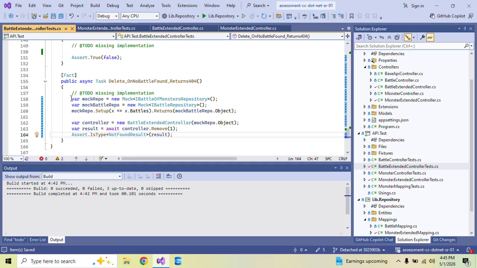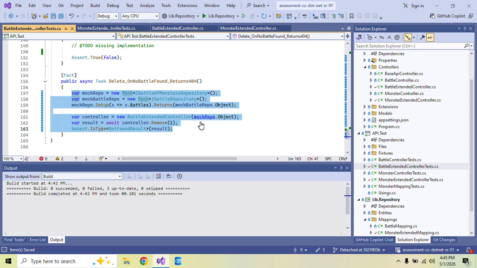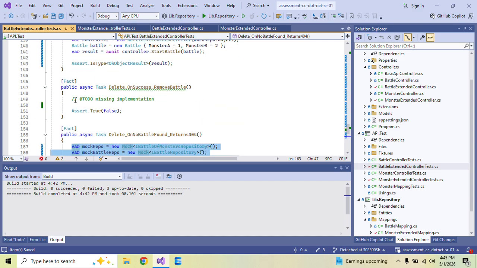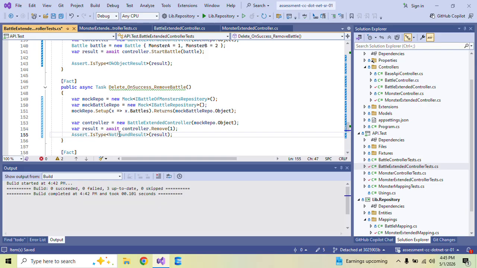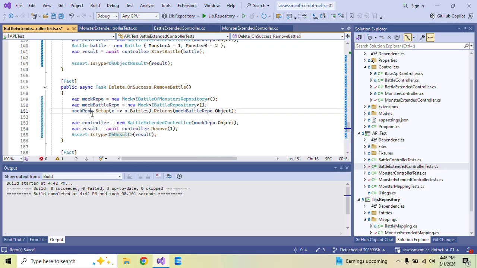And for the successful removal, let's see what we need. We need to actually create a battle, and it has to be an OK result. So to actually create the battle,